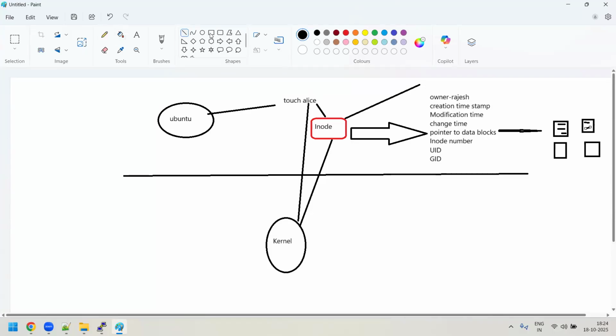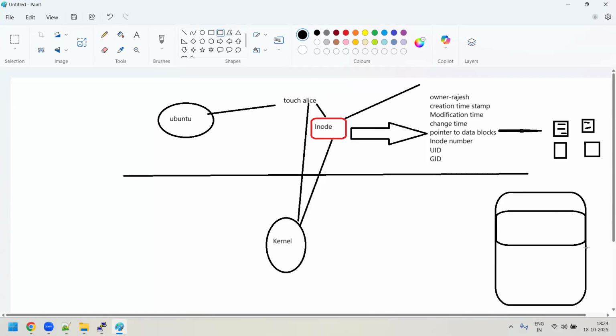So in a file system, you take any file system, each and every file system has some blocks. How many blocks are there at minimum? There are 4 blocks, guys. What are those four blocks?